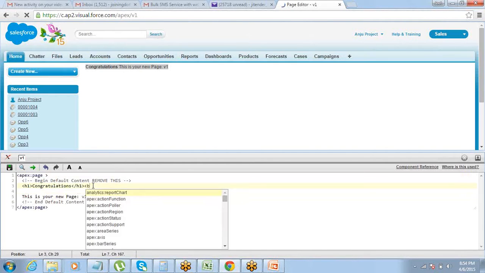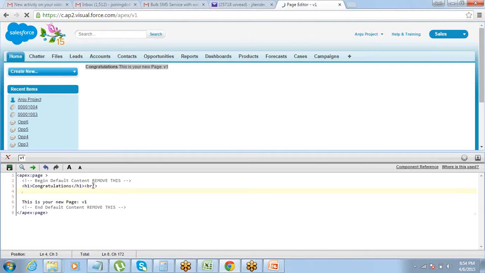So whatever content you want in the page, you just have to keep on putting it.